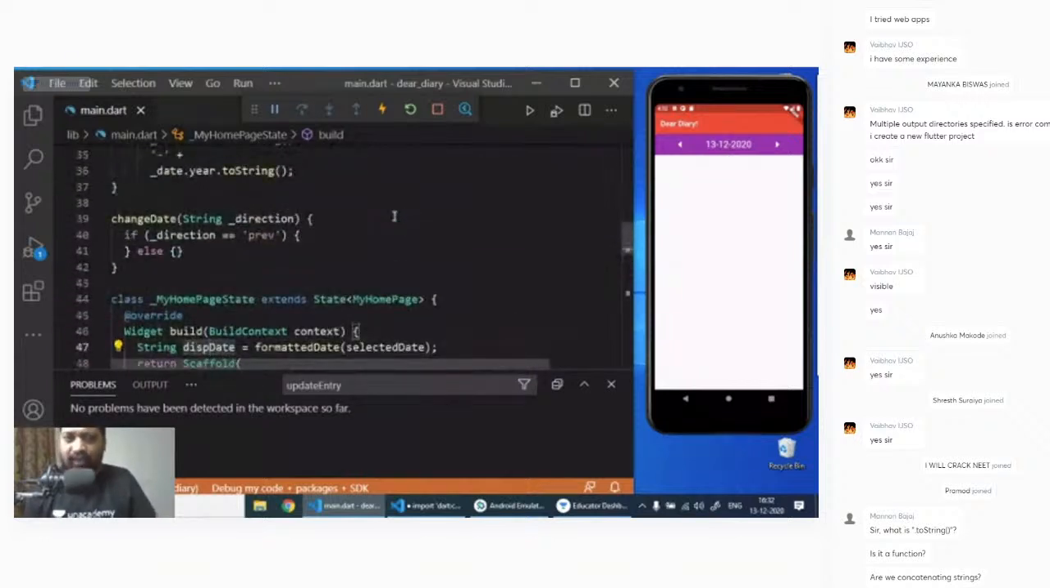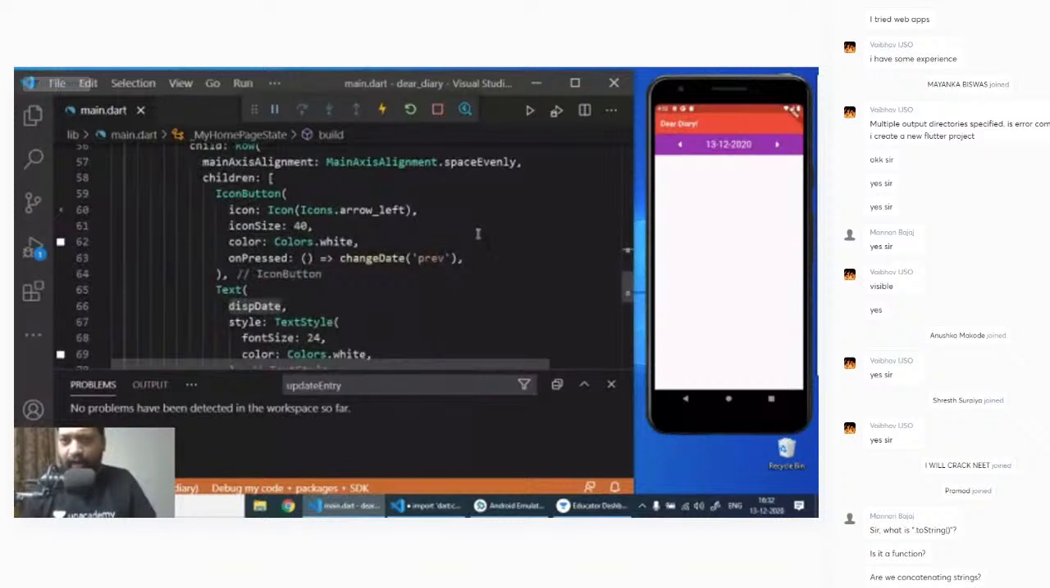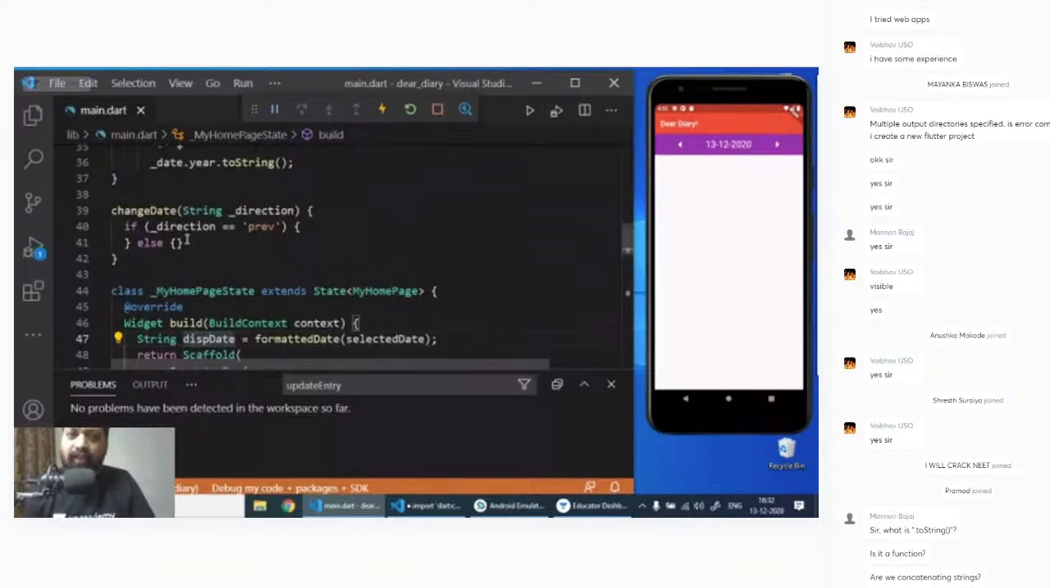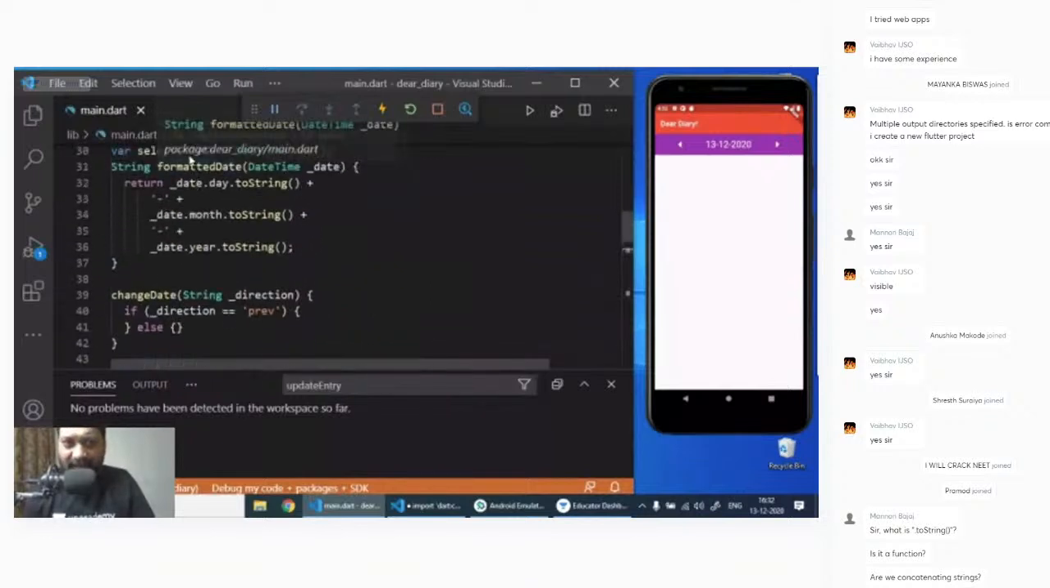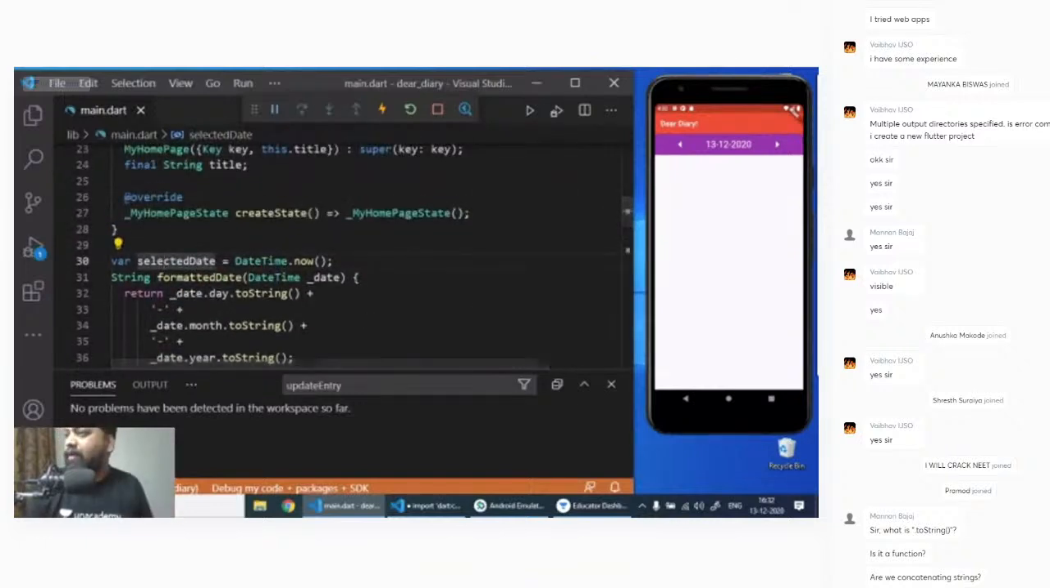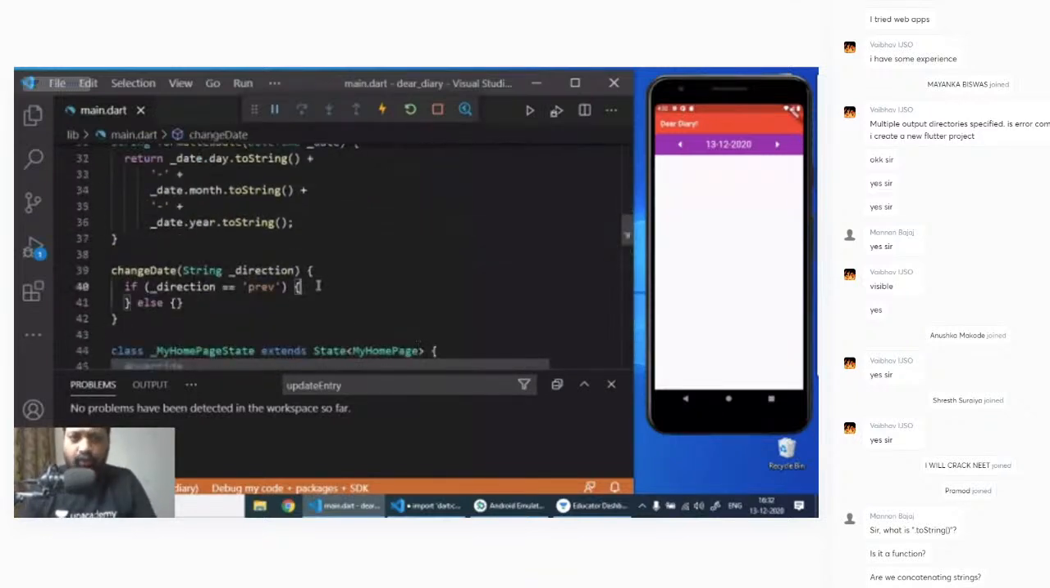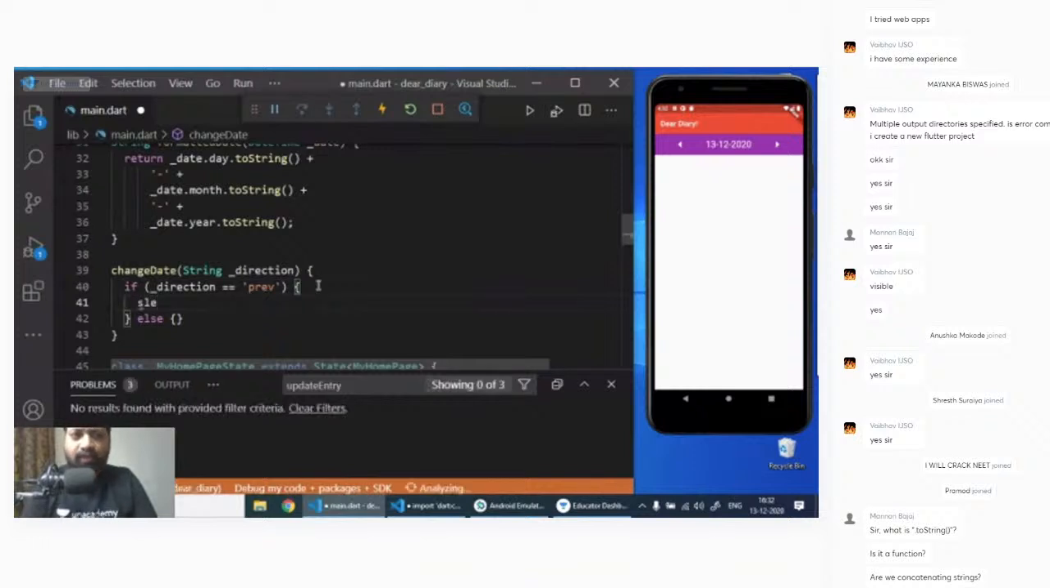Now, the change date function that we started: whenever I hit the right button here, what is supposed to happen is that to the current selected date, I want the selected date to become +1. There are many ways of doing this. I'm going to talk about the simplest way, which is I take the selected date, which is a datetime variable, and I'm going to say the new selected date is going to be the current